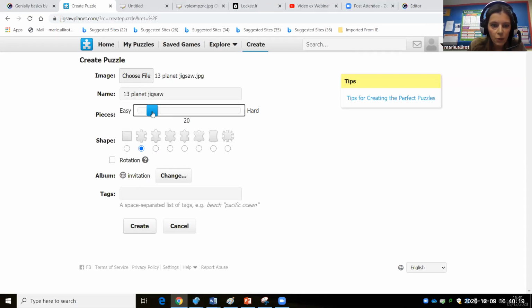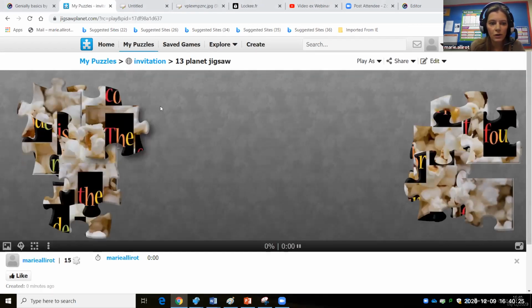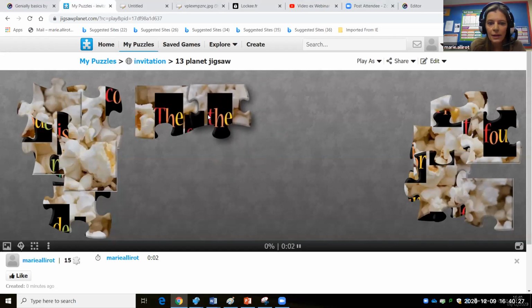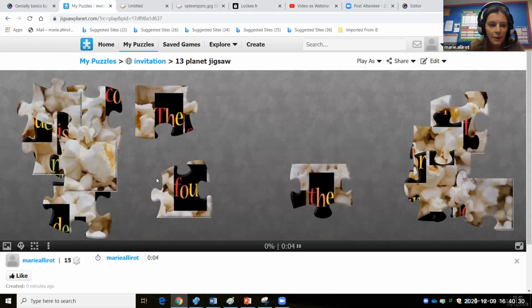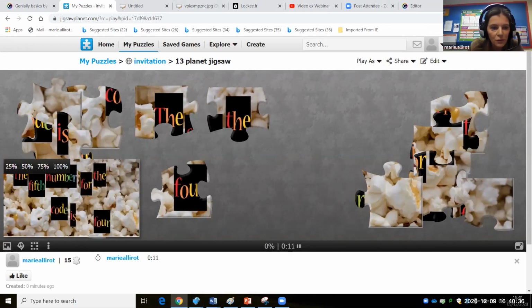For example, I want 12 pieces, create, that's my 12 pieces. If they put them back together, it will show you the final picture. I'm not going to go through all of that just yet. The fifth number for the code is 4.